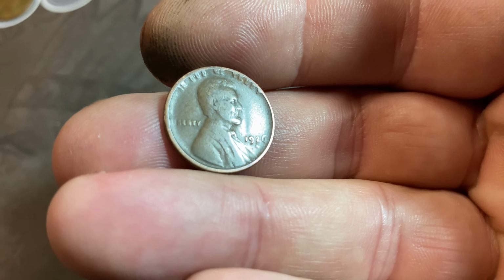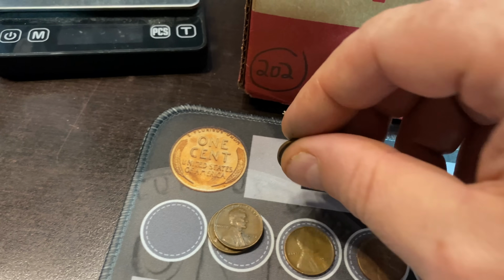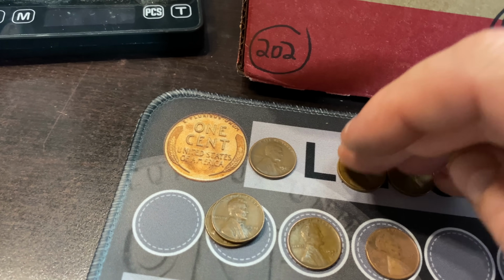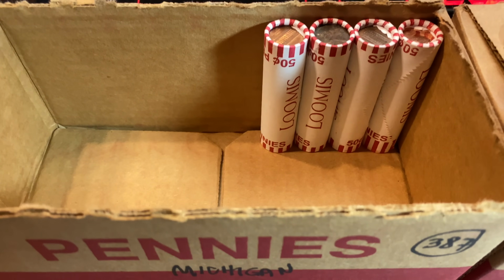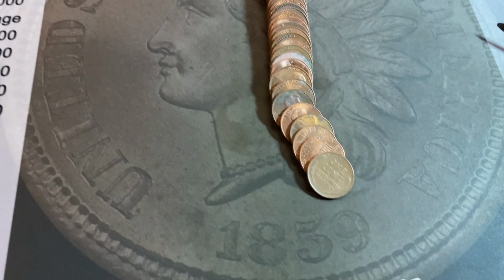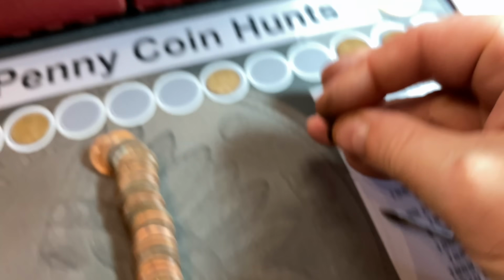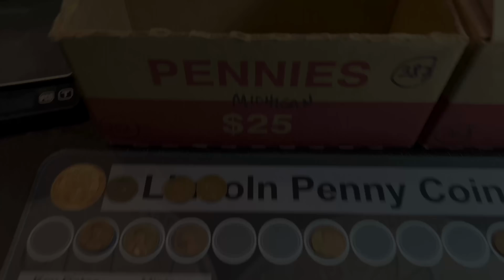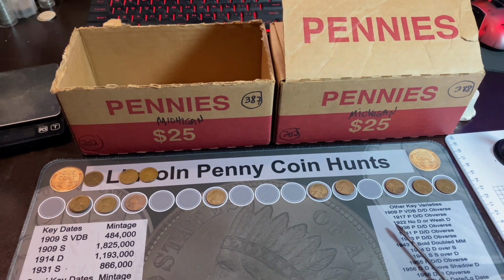A 20s wheat cent with a mint mark. 1926 Denver. Our new oldest of the hunt. 12 on the board. Still 10 rolls left. Roll number 46. Wheat cent number 13. A 54 Denver. Well, we finished box one of this 2-box Michigan State penny hunt, and I'll tell you right